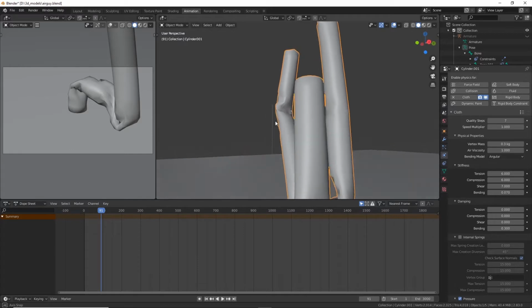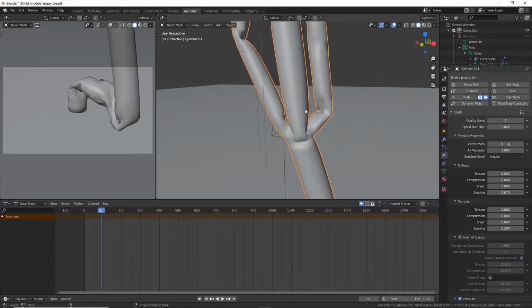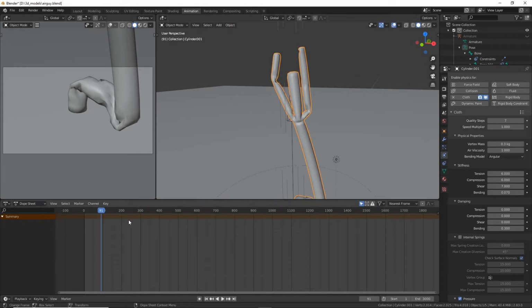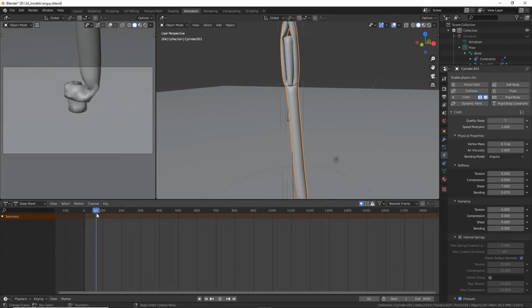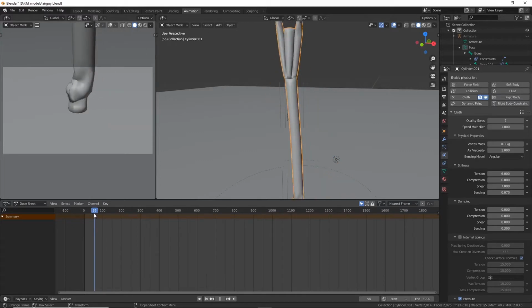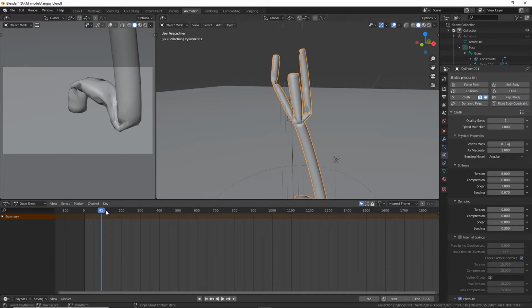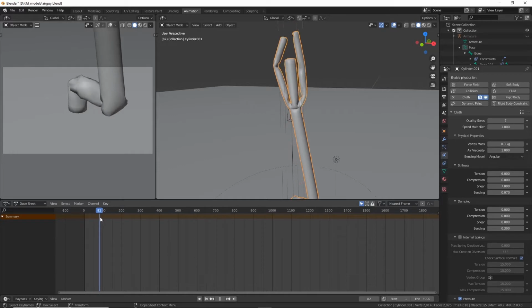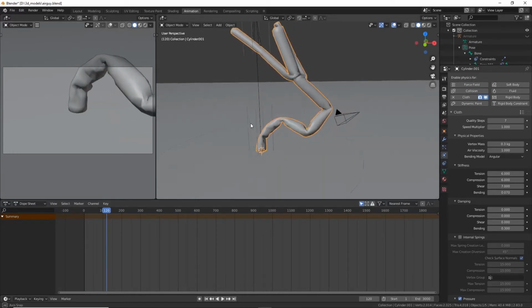And you can see this is kind of the minimal amount that you could probably get away with. It would probably look a lot better if I doubled the vertex count. However, if I double that vertex count, when I go to bake the simulation to shape keys, it's going to quadruple the size of my file, because I'm going to have that many more vertices for each single keyframe. So it's kind of a balance to get the simulation you want for the cloth to look good, and then be able to